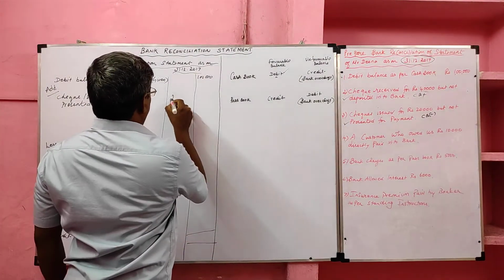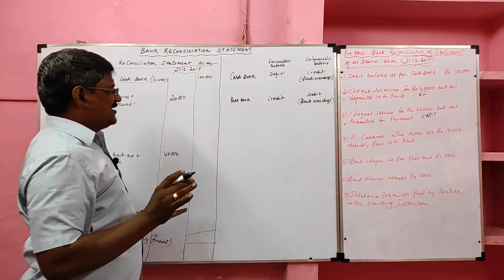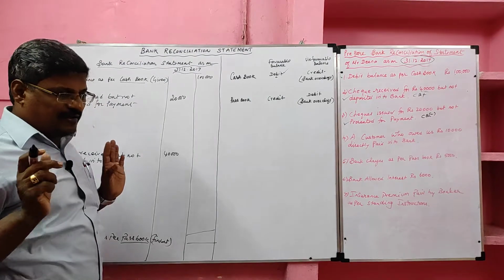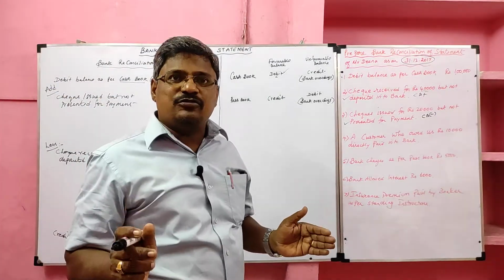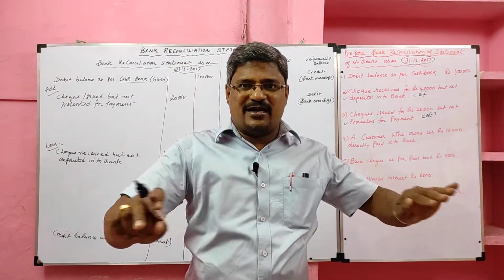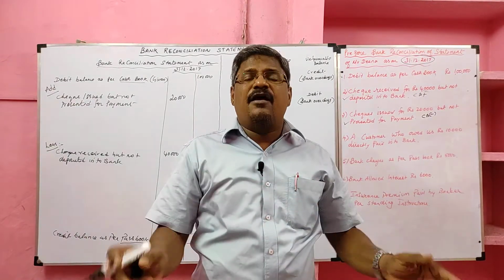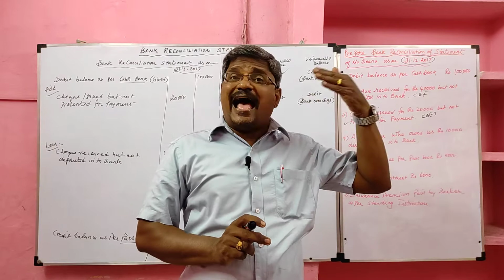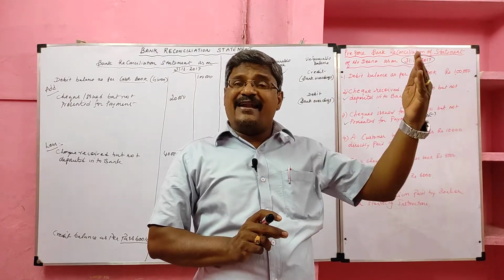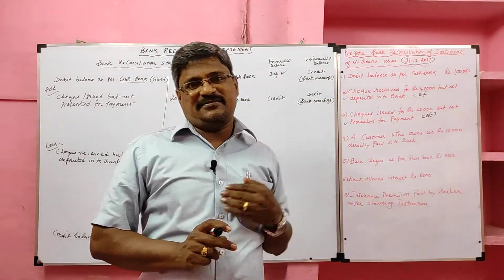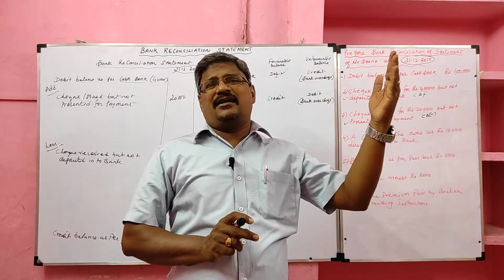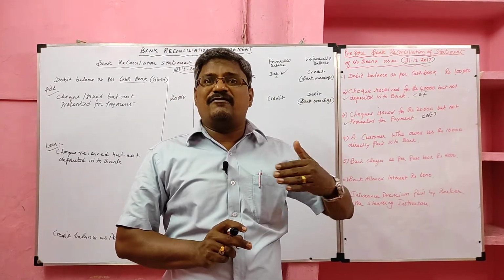How much? 20,000. Students, once again, the cash book balance is given. We have to find the passbook balance. Now what do we have to do? We should cancel the cash book transaction. We have to record the passbook transaction. So if they added in the cash book, now we have to deduct. If the item was deducted from the cash book, now we have to add.